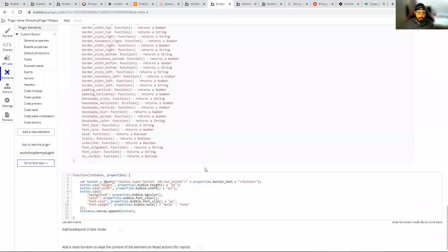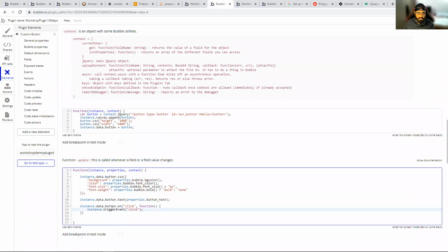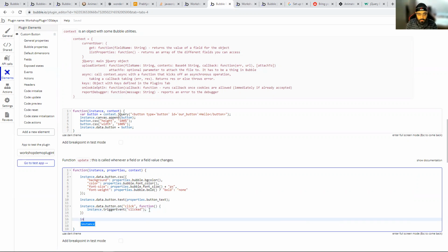In our update code, we say instance.data.button.on click, right? What do you want to do on click? We want to trigger the event clicked, the name we gave to our event. So instance dot, the container dot trigger event clicked. This will trigger that box in the workflow, and then everything under that will run, right? And we can do another